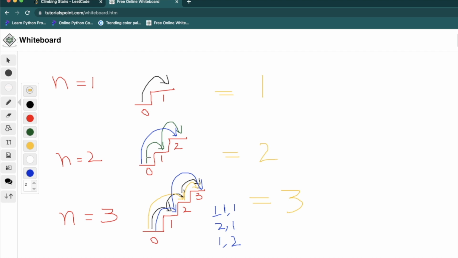Similarly, let's take one more example. This will be our last one, and then we can identify a pattern. So if you take n equal to 4, then it'll be 0, 1, 2, 3, and 4. Now, let's do this one step at a time: 1, 2, 3, and 4. So this is one way to get to the top,